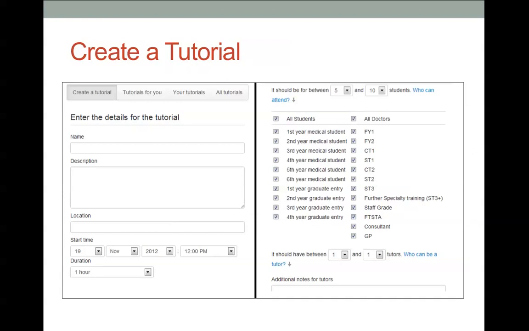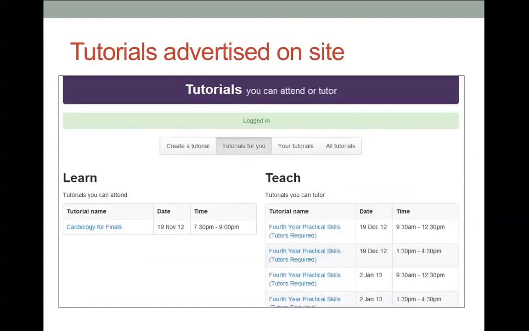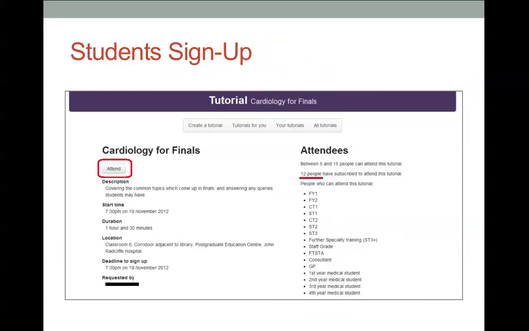Doctors or tutors simply have to fill in a pro forma, enter in logistical information about the tutorial, and crucially select which particular cohort of medical student to advertise the tutorial to. They then click publish, and the tutorial is then advertised on the main page of the TuteMate website, which essentially is a forum that students can then browse and simply click attend in order to sign up for a teaching